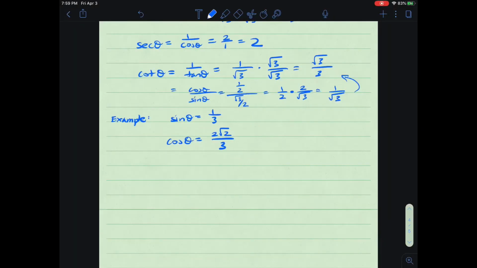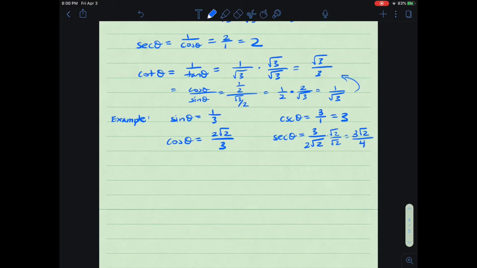So here I'm going to do it in a different order. This time I'm going to find cosecant first, because I know cosecant of theta is a reciprocal of 1/sine theta. So if I know sine is 1/3, I know cosecant of theta would just be 3/1, or just 3. Next, I would find secant of theta. If cosine of theta is 2rad2/3, I know secant of theta is just the reciprocal, right, which is 3/2rad2. But again, you want to rationalize your denominator. Multiply the top and bottom by rad2, and you'll get